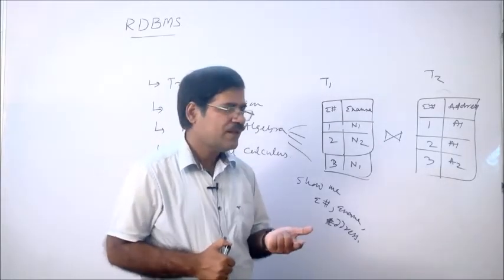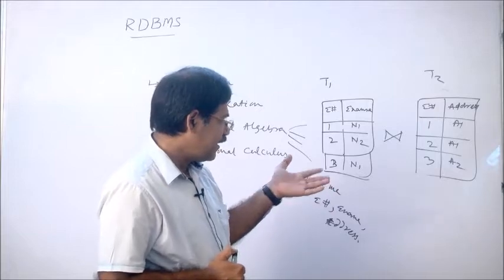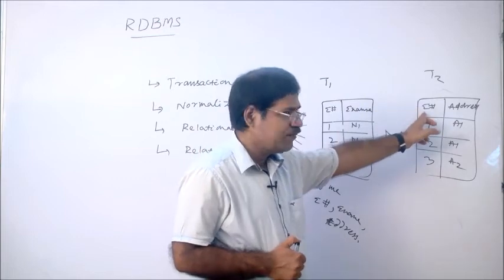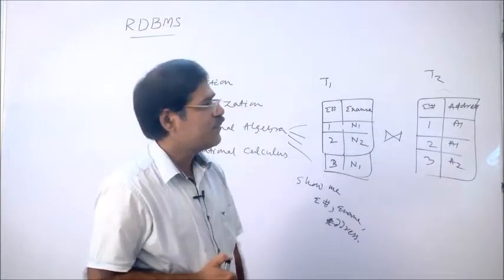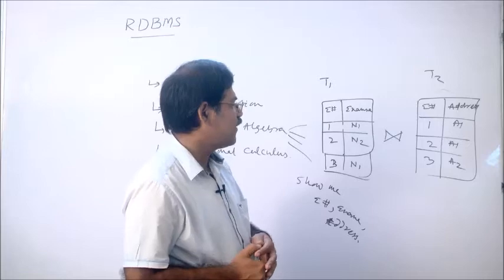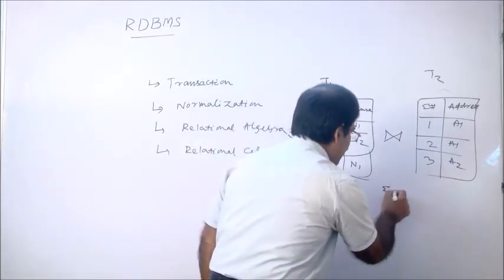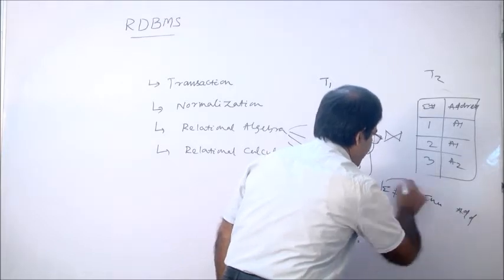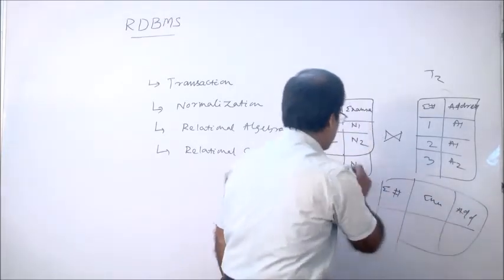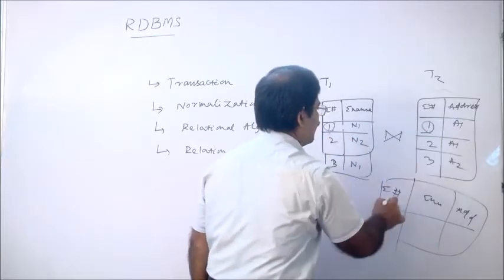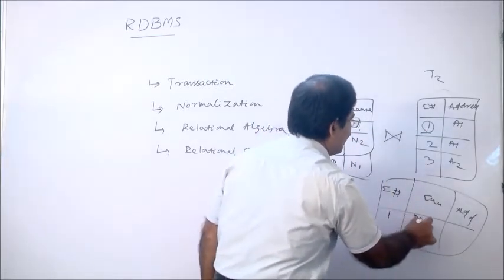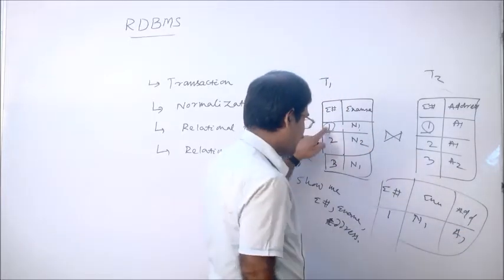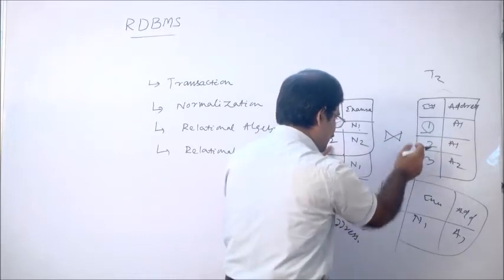When is the Cartesian product required? When there is no common field. Here there is employee number and employee number. By taking the employee number, you have to join the two tables, because there is a common field. Here a join will be required. After joining, you get employee number, employee name, then address. So, 1 matches 1, and its corresponding name is N1, address is A1. Then 1 and 2 is not matching, 1 and 3 is not matching. Similarly, 2 and 1 is not matching, 2 and 2 is matching.